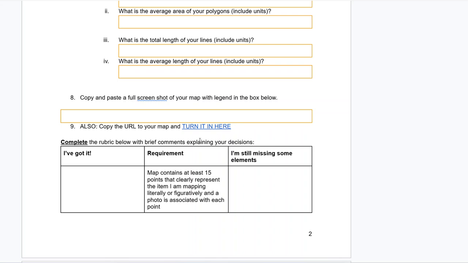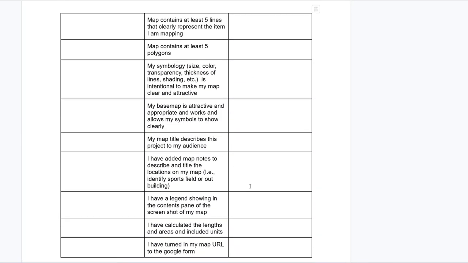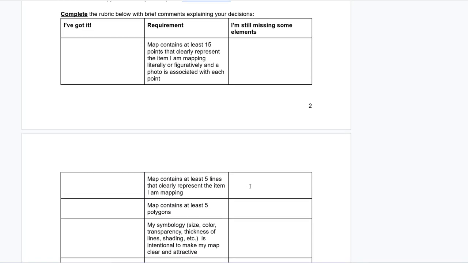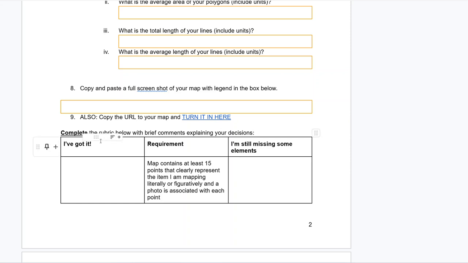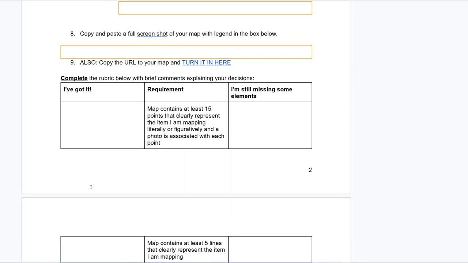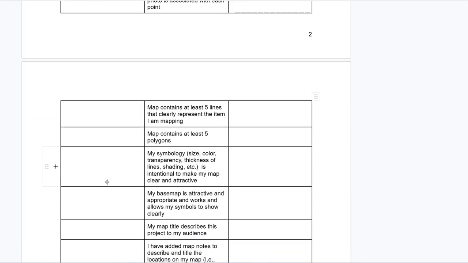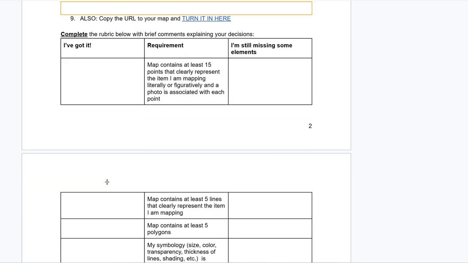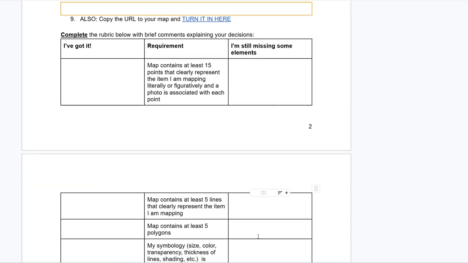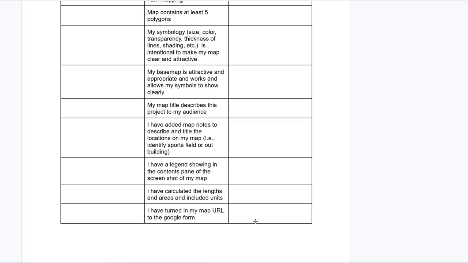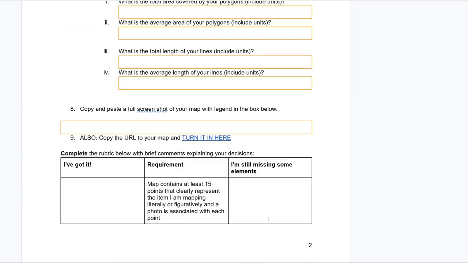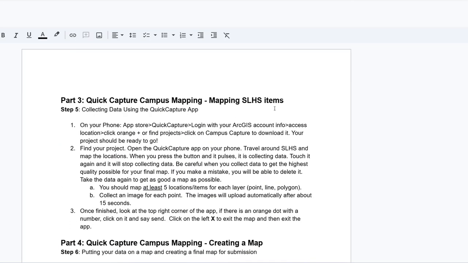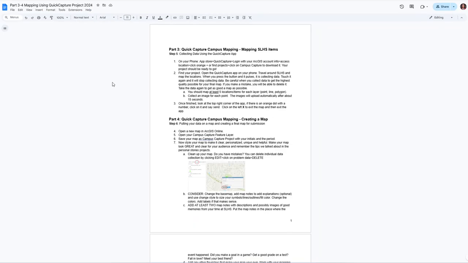Then it is important, you need to complete the rubric below. Make sure that you have done everything. I've got it. Yep, I've got it. I'm still missing some elements. Talk a little bit about what decisions you made, just briefly, on the left-hand side. Oh, if you realize you're missing some elements, make a note over here. Okay? All right, and then turn this document in, submit it, and also